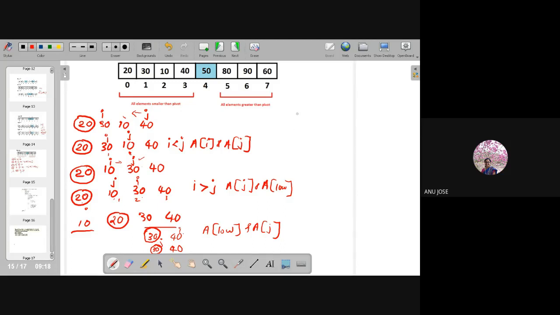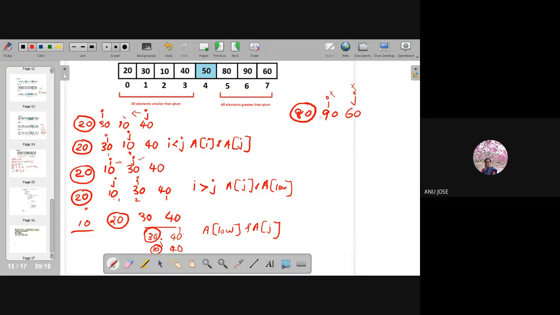Moving to the right hand side, we have 80, 90 and 60. This is another array. I take 80 as the pivot element, with I here and J here. I is already holding a larger value, so I stop its movement here, and J is holding a smaller value, so J also stops its movement.